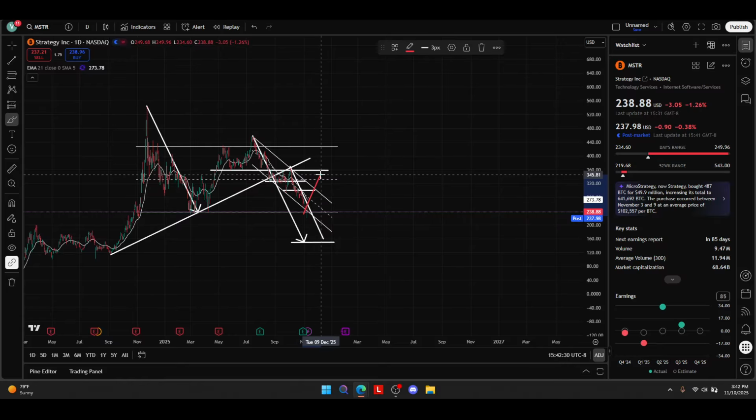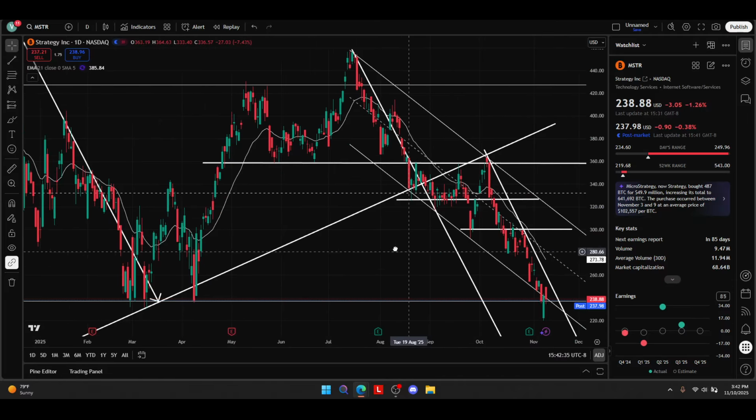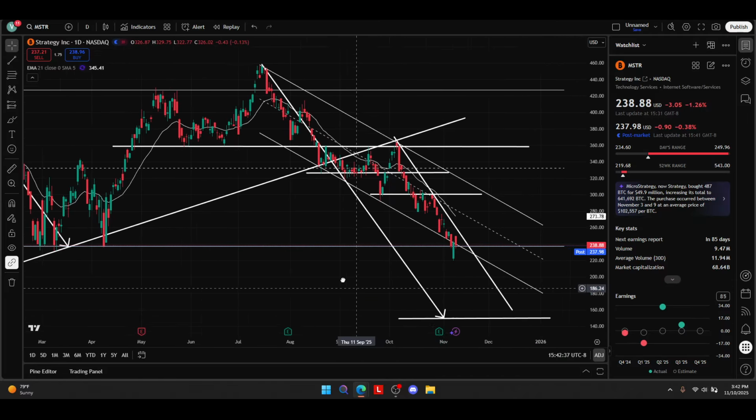Because we don't have to go up. It's still more likely we go down. So MSTR, that's what I see for today, right? It's a possible backtest, but